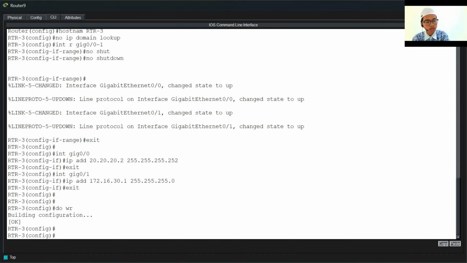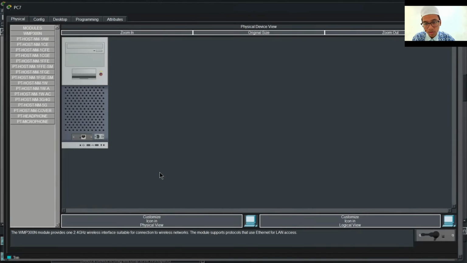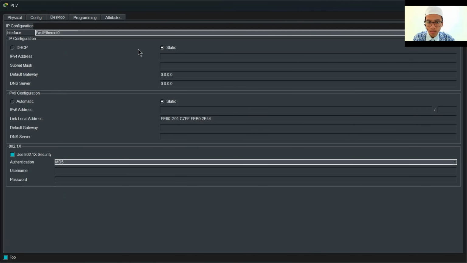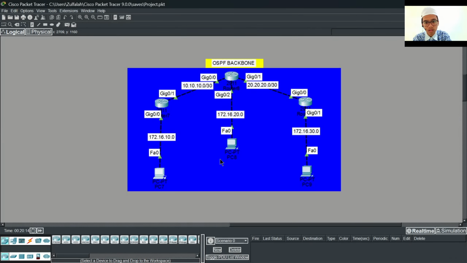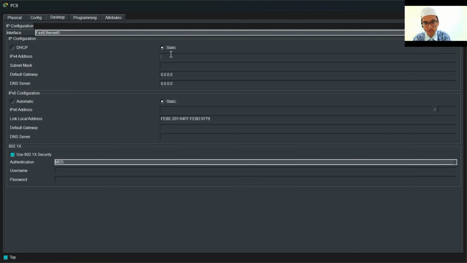Okay, after I add the router configuration, now we configure the PCs. We just use static IP like usual. For PC2, 172.16.20.2, because .1 is for the default gateway, which is the IP on the router.